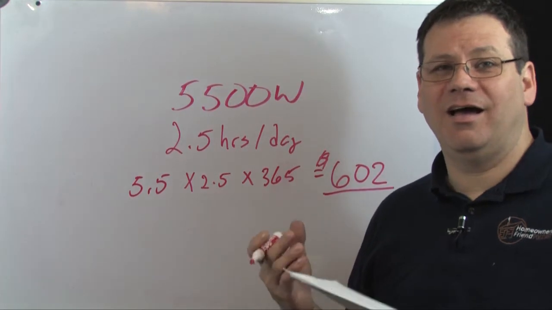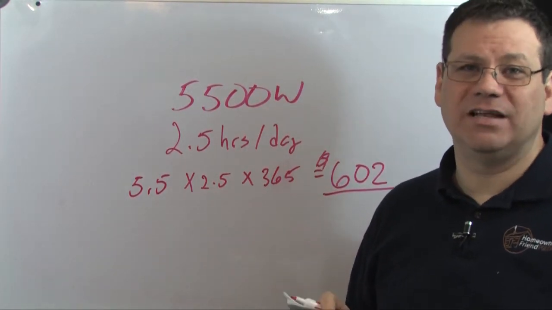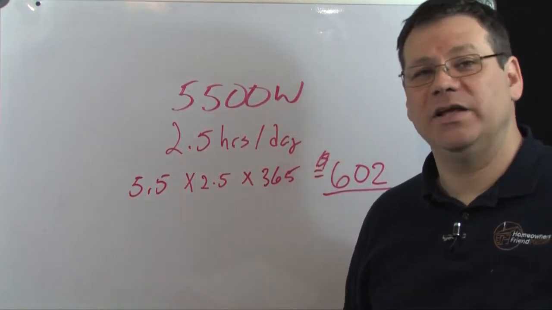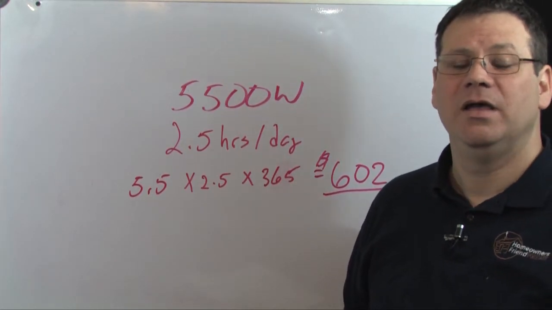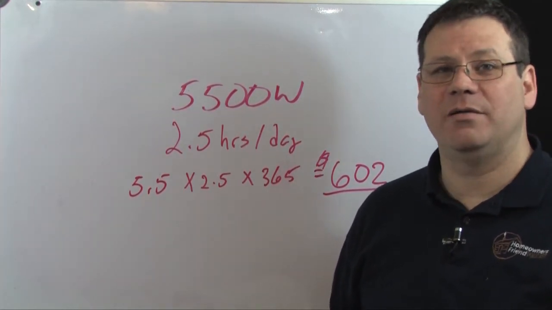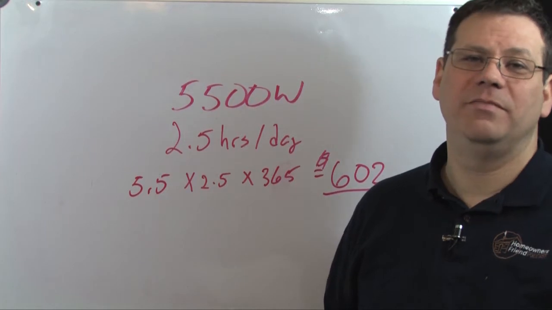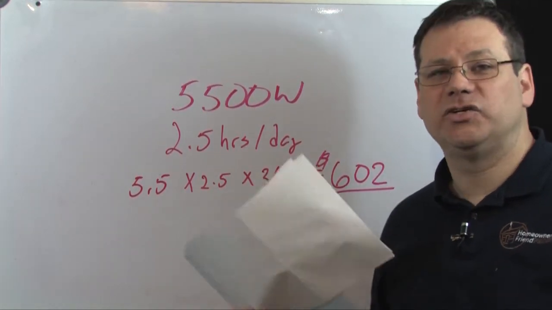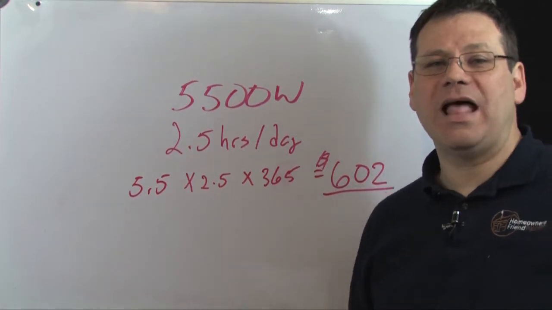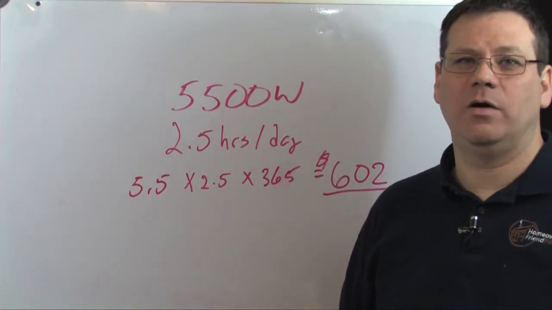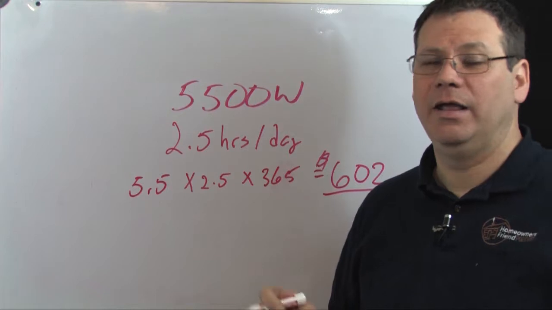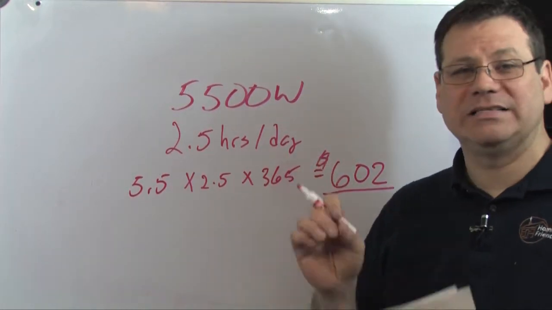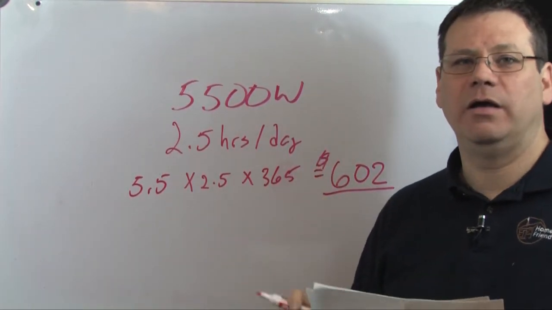$600 a year is a fairly significant amount of money, and frankly, if you have an electric hot water heater, the heater itself is usually a third to a half of your power bill. It's just your hot water heater. So getting rid of that thing and using a gas hot water heater or something could save you a lot of money. So I just wanted to show you that because it's such a huge demand of power,